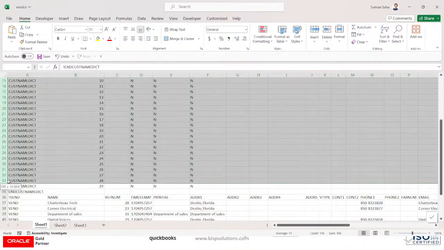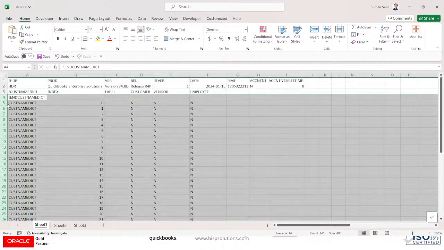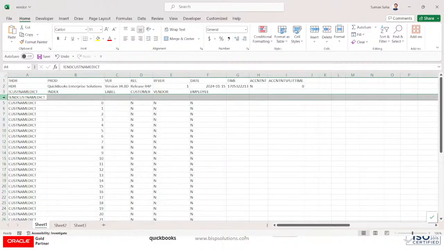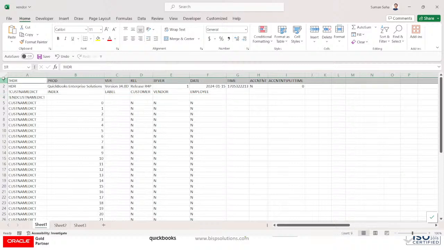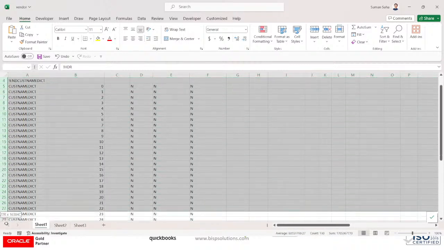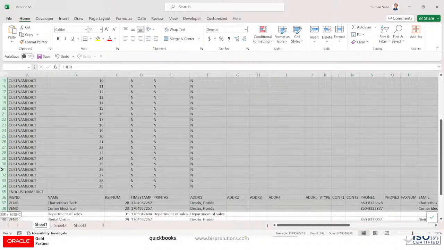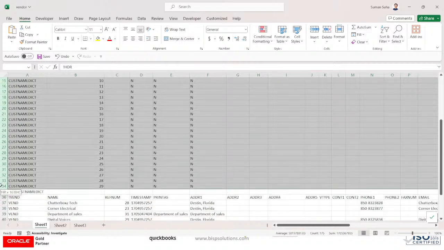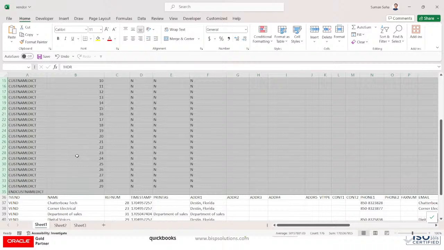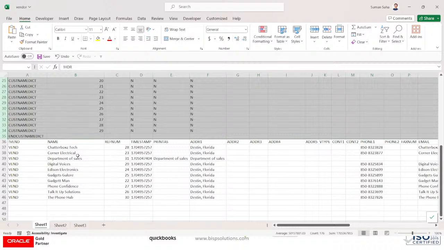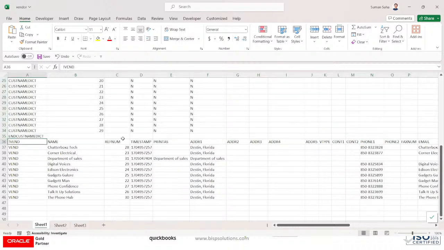Rows 1 to 34 or 35 are not relevant to us, right? So that is irrelevant. Apart from that, from the row number